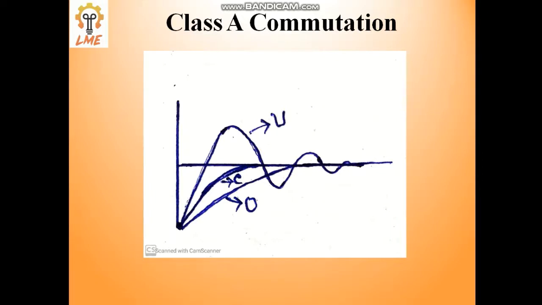So in these particular cases we have to use R, L, C in such values that R square should be less than or equal to 4L by C, because this is the under damped condition. If we implement this under damped condition, then it automatically creates a zero crossing value which will help us to turn off the SCR. Okay, so this is the under damped case.